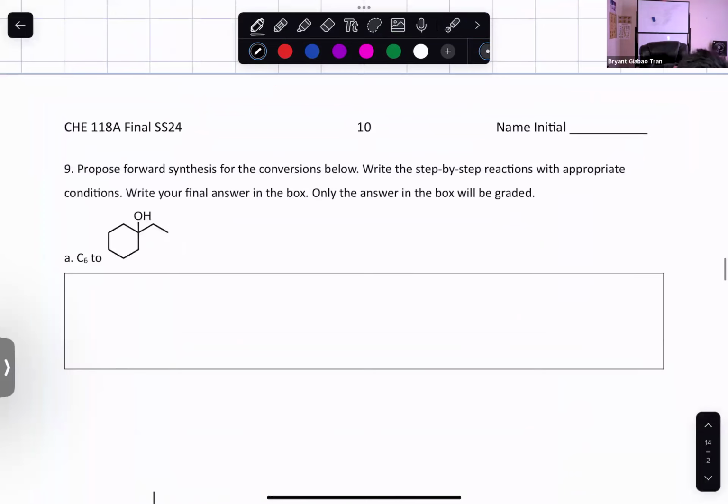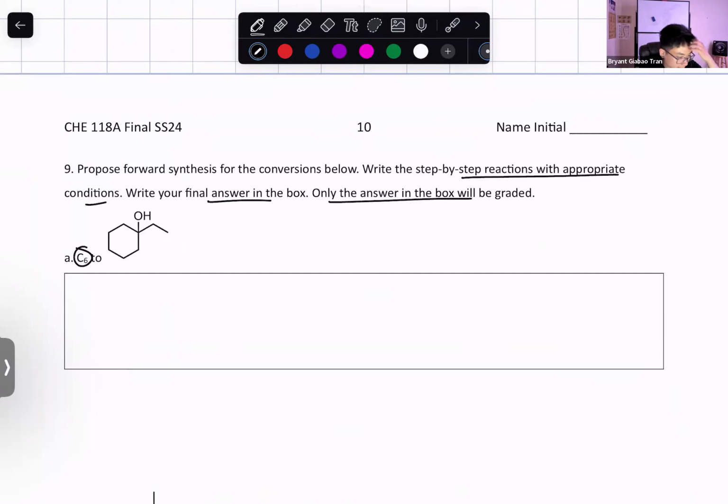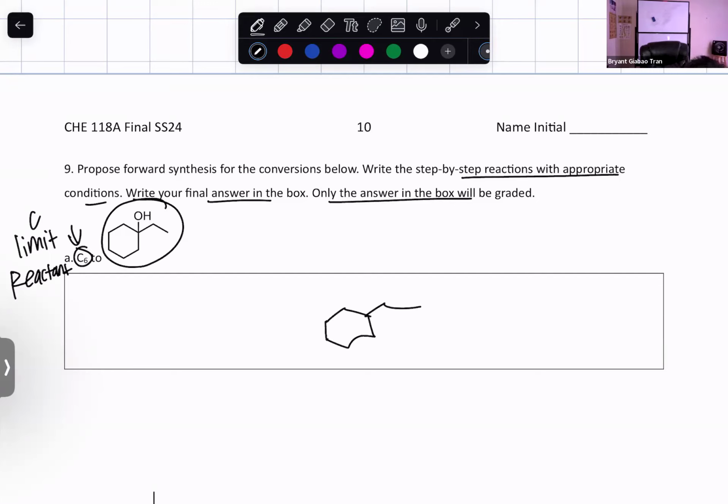Synthesis. Step by step at appropriate conditions, right? Answer in the box. C6. So whenever you see C6 or C whatever, this is your carbon limit, C limit. That's the max amount of carbons you can use in the reactant, right? And they want you to create this product here. So let me just put that product right here, right? And then we said earlier that when we see an alcohol with new R groups,